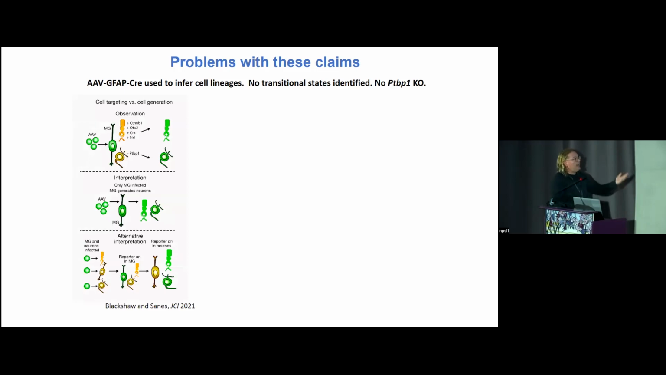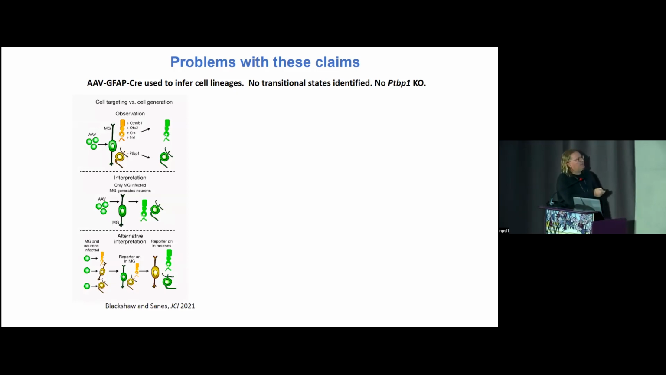No transitional states were identified. You basically had perfect-looking glia converting into perfect-looking neurons. Nothing looked immature along the way. And then finally, there was no actual genetic loss of function here. This was all done using siRNA or antisense oligos. So as in a review I wrote with Josh, in a perspective piece I wrote with Josh Sanes shortly after this came out,